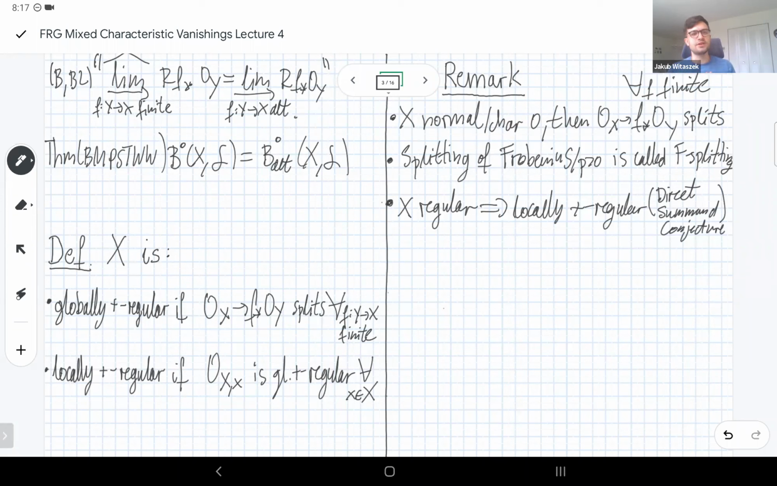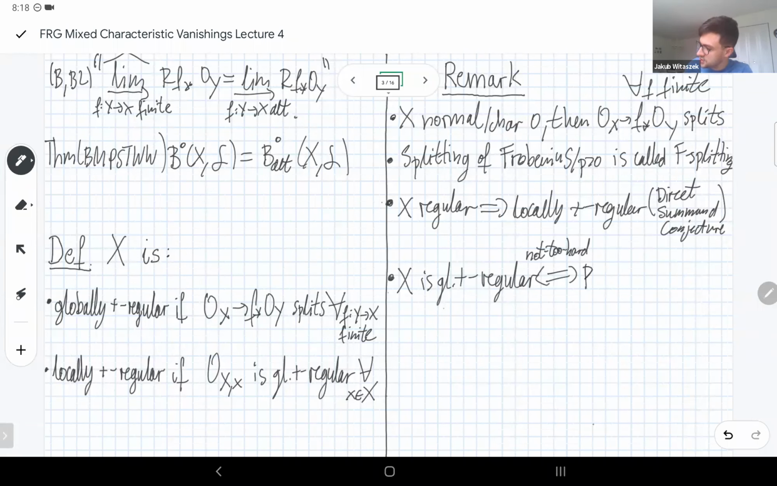And now let me give you a criterion for plus regularity in terms of this B0 I just defined. What one can show is that X is globally plus regular if and only if, and that's not too hard to see after what I told you, B0 of X, O_X equals H0 of X, O_X. So in other words, that for all f finite,